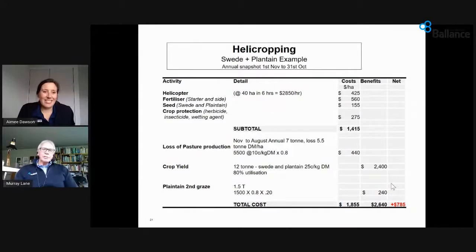It's looking very good on the Central North Island. It's about how much competition the plantain offers to those Swedes, and basically, can we have a companion crop growing after we've grazed the Swedes? So they're moving on. When you look at the economics of this job, what we're trying to do really is